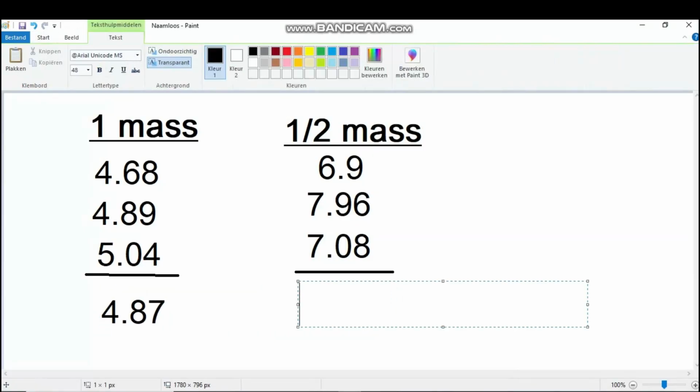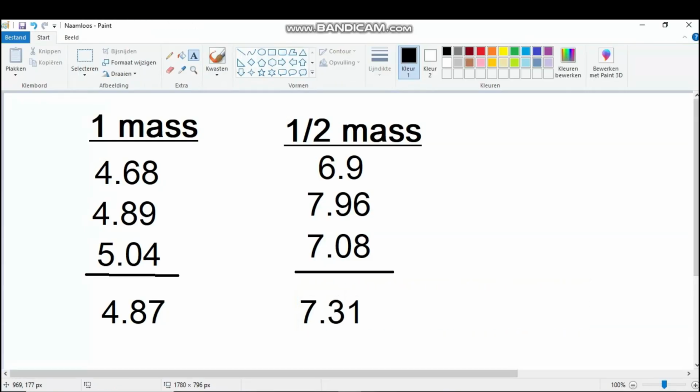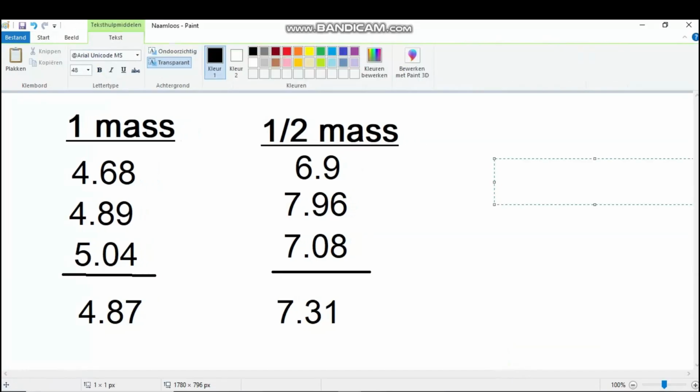Then 6.9 plus 7.96 plus 7.08 divided by 3, which is 7.31. Okay, so now we divide these numbers. 7.31 divided by 4.87. Let's do that. 7.31 divided by 4.87, which is